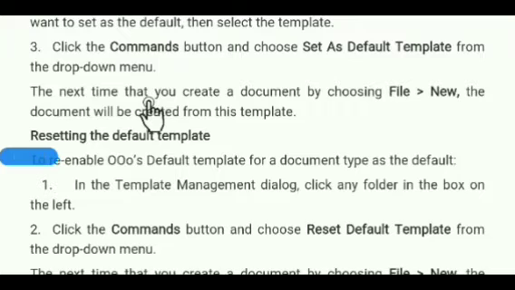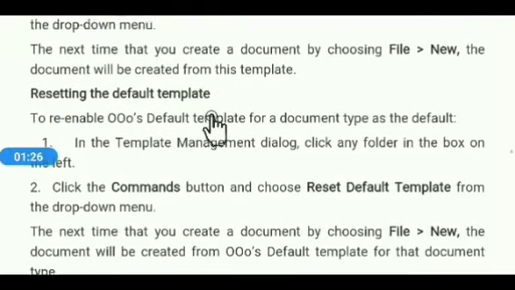Then next time that you create a document by choosing, click on File menu, then click on New option, the document will be created from this template. Then other option is